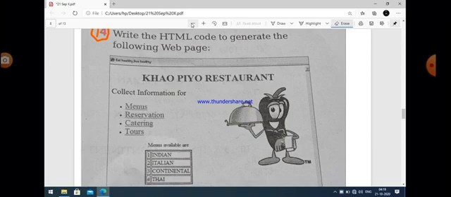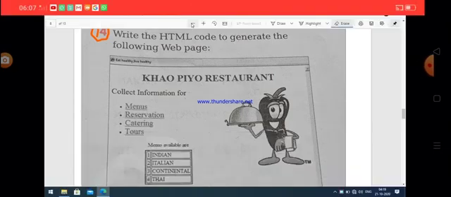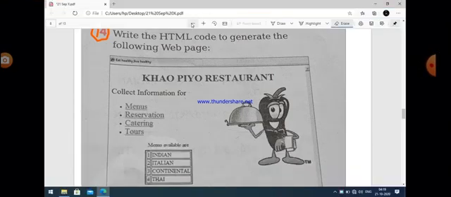Also there is a table which is center aligned, and the heading of the table is also given. The title of the web page is also given here. So these are a few points which we can easily notice after just seeing this web page. Okay, so we have to create the code for that web page.